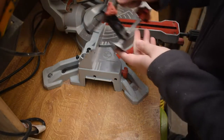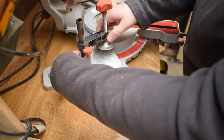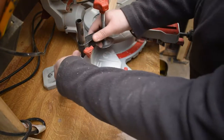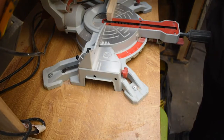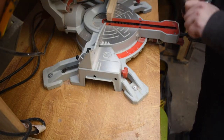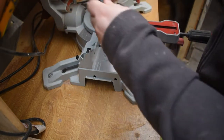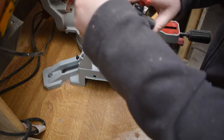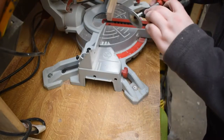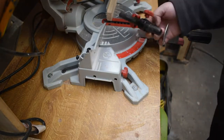support the wood. Additionally, it does come with this clamp which works on both sides, and I very rarely use this, but it has worked out quite handy when I have used it. So there's a slot on the back of the saw on each side, and you can just sort of twist it out of the way when it's not in use. I just tend to sort of move mine completely and then only use it when I actually really need it, but it's got a quick release thing and it screws down, and just a nice little extra feature that the